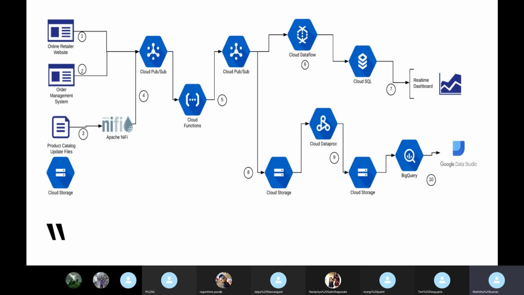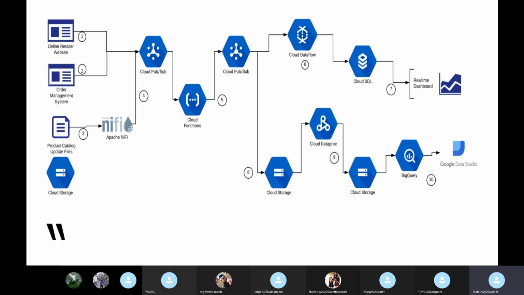The order management system is sending the event data to the queue of the Cloud PubSub. Next, Apache NiFi is picking up the product catalog files from the cloud storage, which already exists, and it is pushing them to the Cloud PubSub.